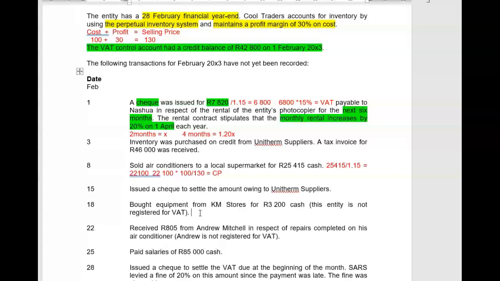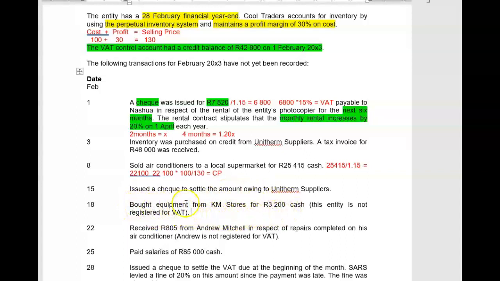Going back to the remarks that I made about cash flow and invoices, the cash flow will only be applicable to claim the VAT if I have transacted with a VAT vendor. If I haven't transacted with a VAT vendor and there can never ever be a tax invoice issued, then I will never ever be able to claim any VAT on a transaction. So with that specific person or supplier, KM Stores will never be able to issue us with a VAT invoice,